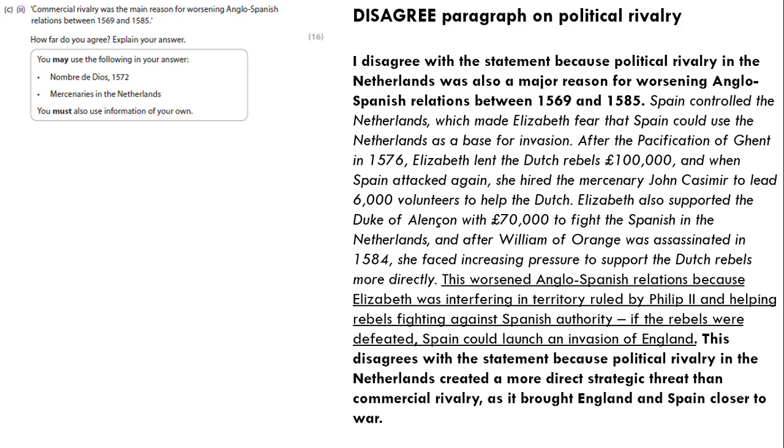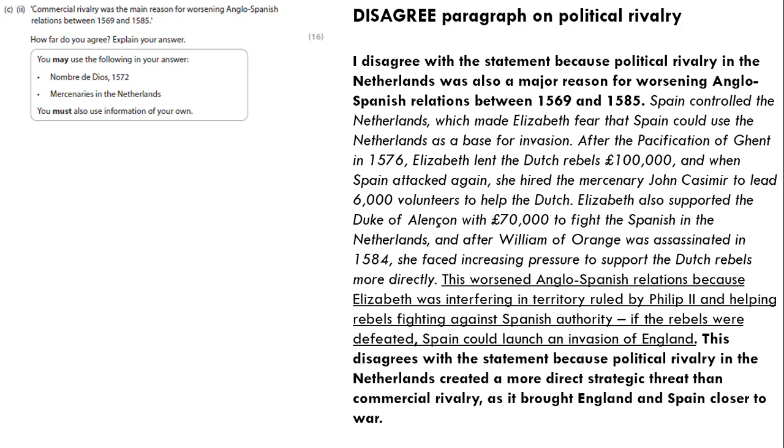Here's our disagreed paragraph on political rivalry. So, in bold, linked to the question. I disagree with the statement because political rivalry in the Netherlands was also a major reason for worsening Anglo-Spanish relations between 1569 and 1585. Spain controlled the Netherlands, which made Elizabeth fear that Spain could use the Netherlands as a base for invasion. After the pacification of Ghent in 1576, Elizabeth lent the Dutch rebels £100,000, and when Spain attacked